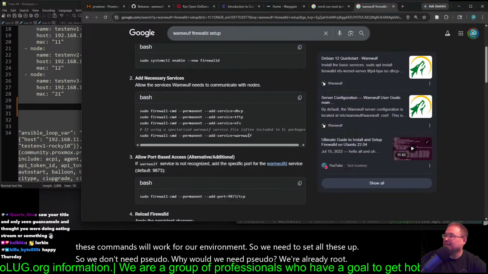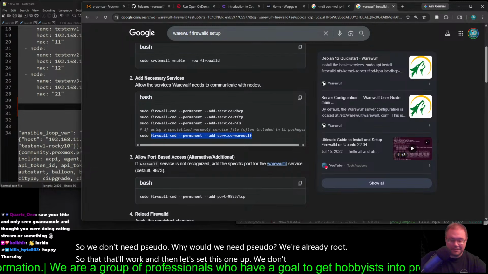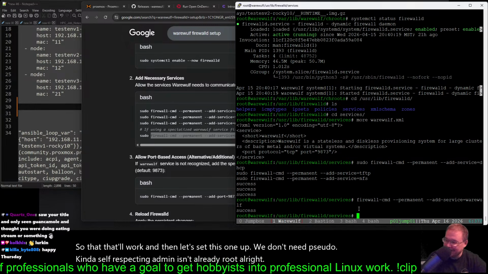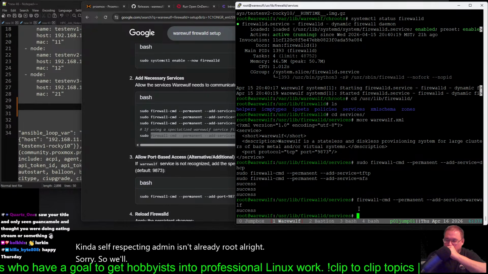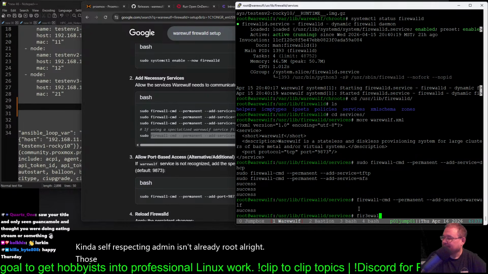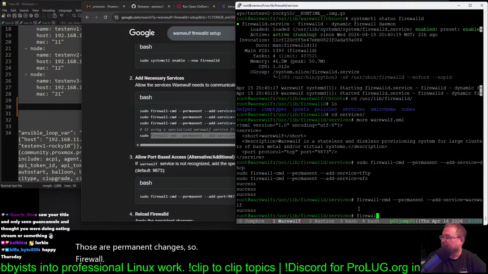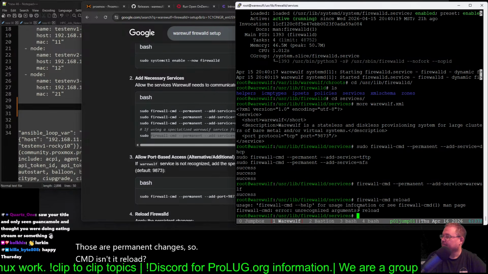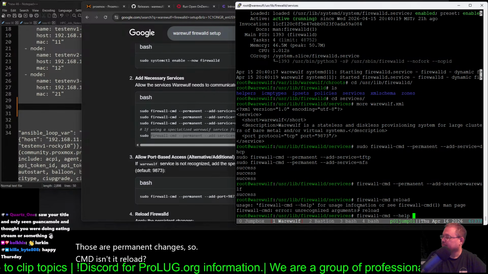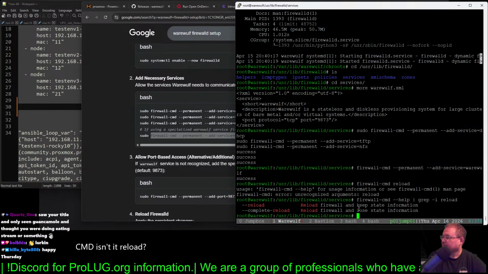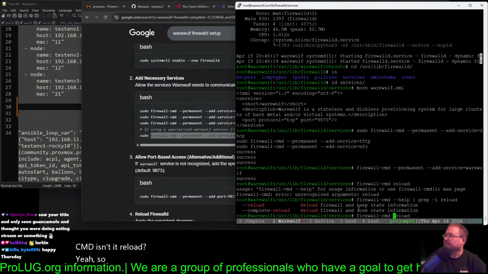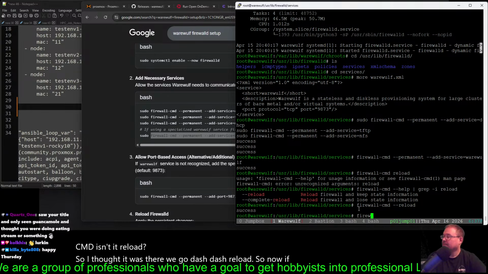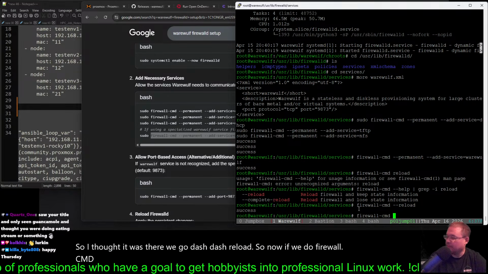So that'll work, and then let's set this one up. We don't need sudo. Kind of a self-respecting admin isn't already root. All right. Sorry. Those are permanent changes. So firewall-cmd. Isn't it reload? Yeah. So I thought it was... Oh, there we go. Dash reload. So now if we do firewall-cmd and then we look for